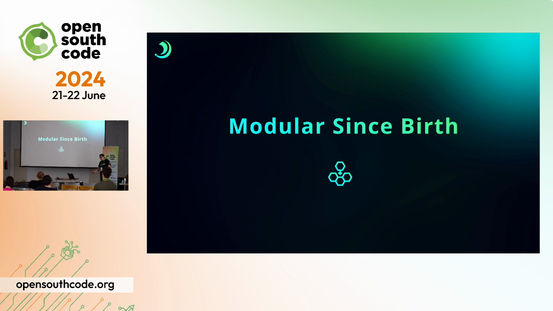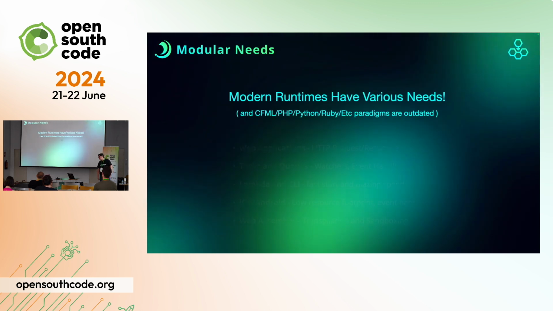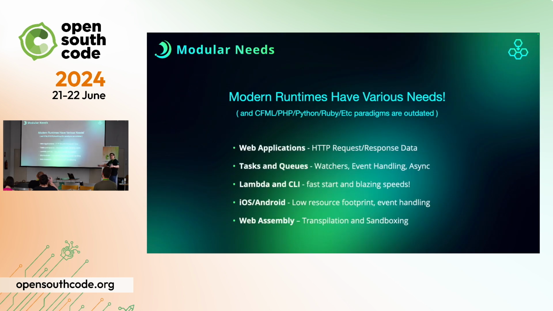All right, last slides, and we're done. Then questions. The modules was really important for us. This is how we could expand. And this is where you as developers basically can collaborate. We really have various different needs nowadays than we did 10, 20, 30 years ago, right? Before, it was mostly web applications. Now you have tasking, you have queuing, you have scrapers, you have lambdas, you have CLIs, right? You have iOS, you have Android, you have WebAssembly. I don't even know what else is going to come in the future, right? So we have different paradigms that we need to address.